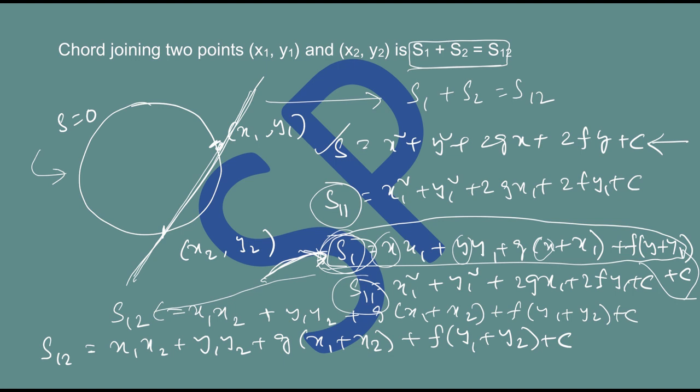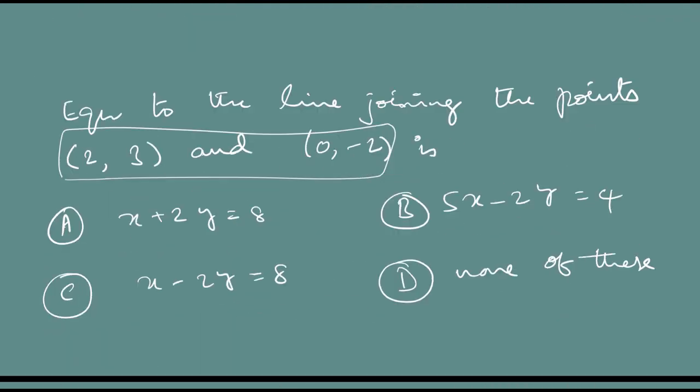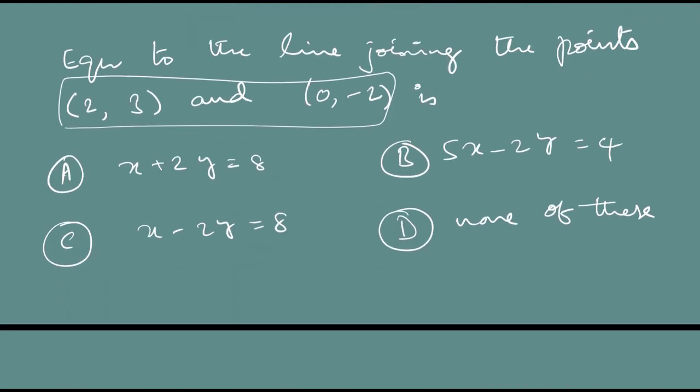Okay. Now, before going further into the derivation of the equation of this line, I want you to observe this small problem. We have to find the equation to the line joining the points (2, 3) and (0, -2). It is true that you can simply find the equation to the line joining these 2 points, but I am going to do it in a different way. This method is not recommended while doing problems of this type, but logically it is correct. So this is what I do.